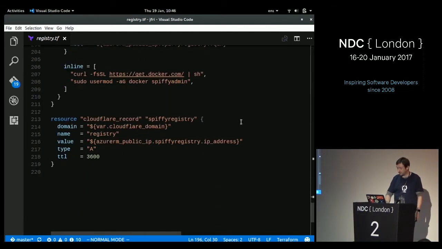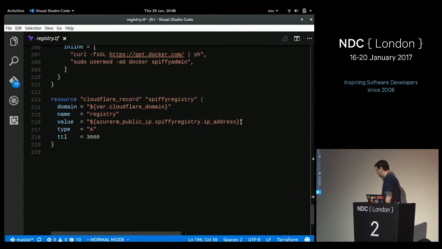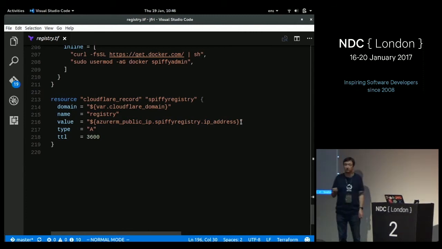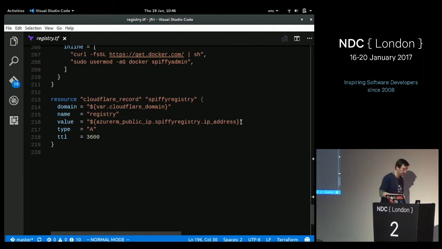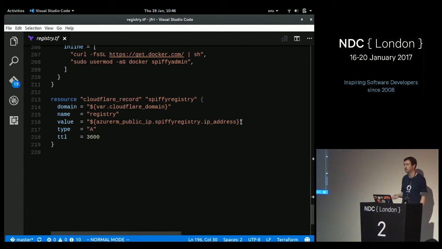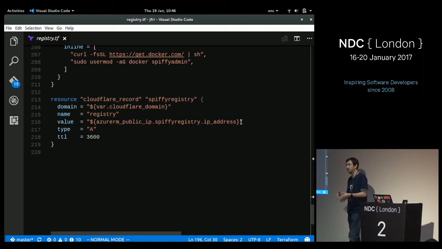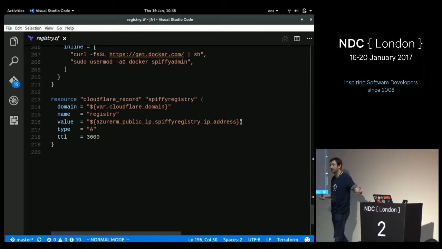And then, so at this point, a lot of people say, what do you think of Azure Resource Manager? So Azure Resource Manager is essentially Terraform-ish, but it's just for Azure. And there are two things that turn me off Azure Resource Manager. I love the fact that it exists. It's only because Azure Resource Manager exists that Terraform can do what it does, because Terraform is using it under the covers. But they have this thing called ARM templates, which are JSON files that do roughly the same thing,